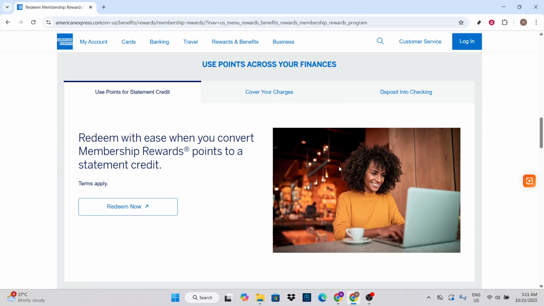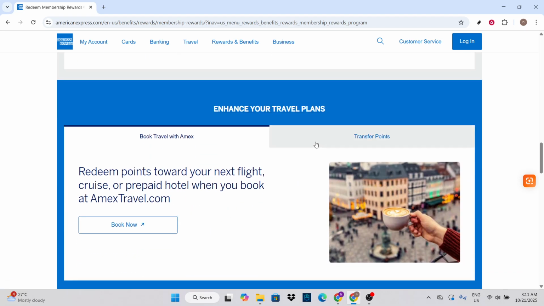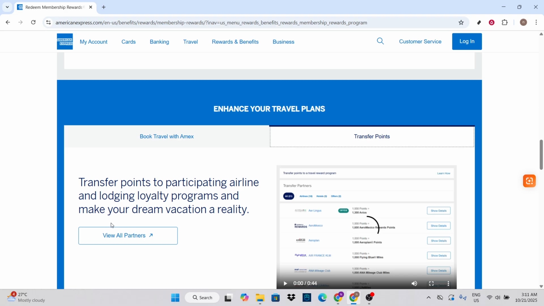Clicking on this section is crucial, as it leads you deeper into the realm of your membership rewards. This is where you can really start to see how far those points you've accumulated can take you, both literally and figuratively. Now you'll want to focus on the Membership Rewards program. This is where all the magic happens, where your points can be managed and you can fully utilize the various